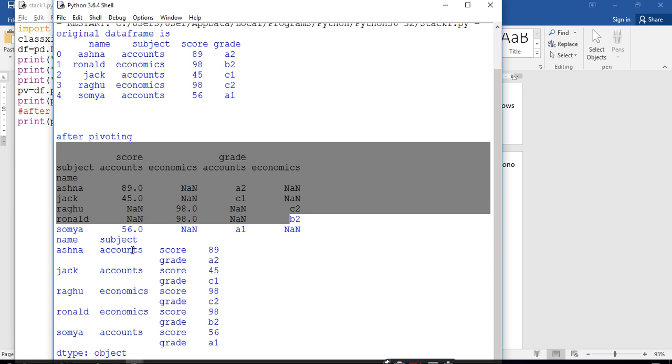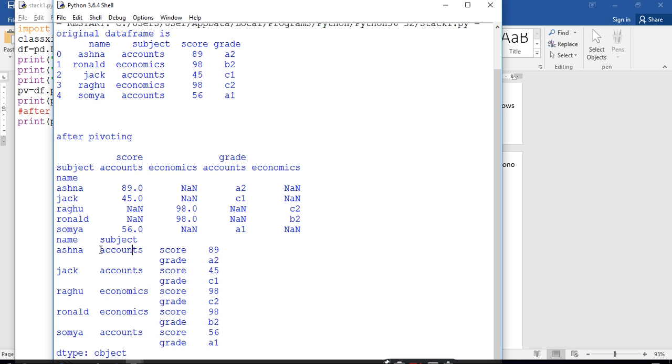This is the pivot table, and in the first stack function the innermost column, that is subject, is converted.